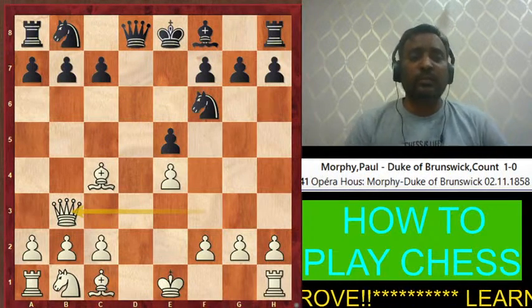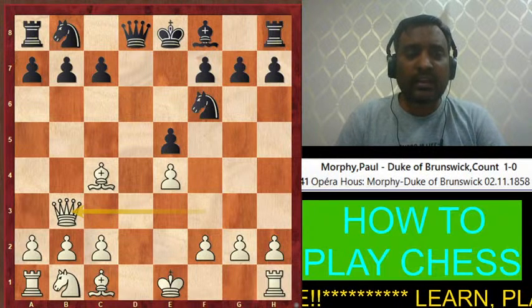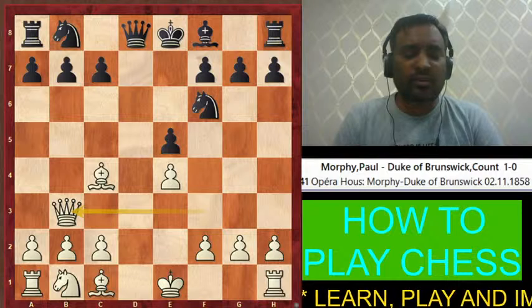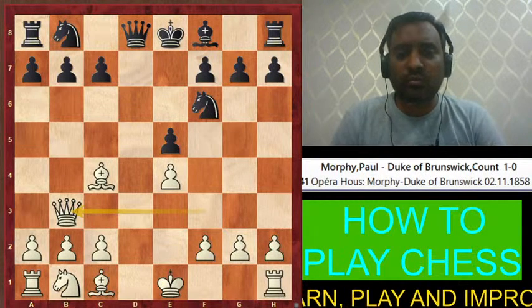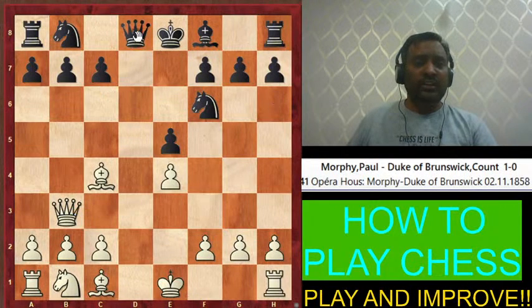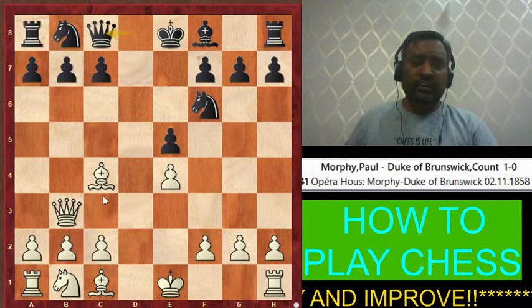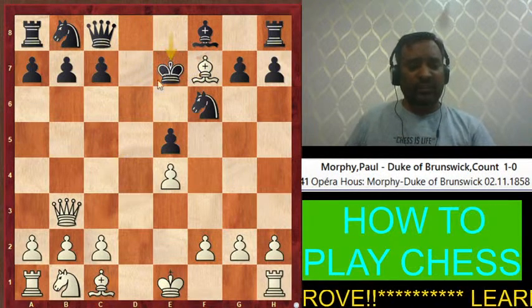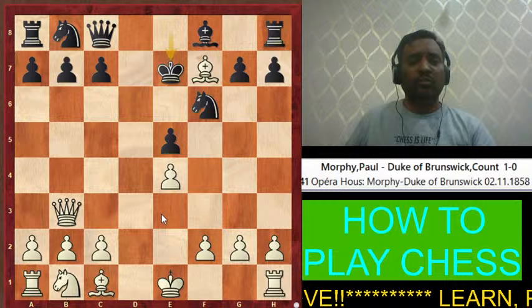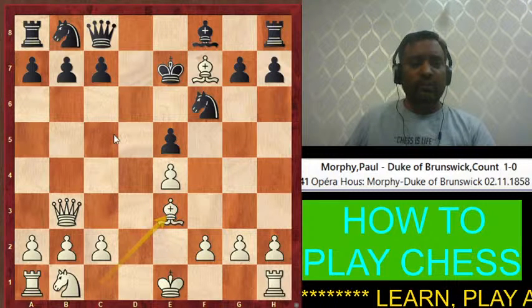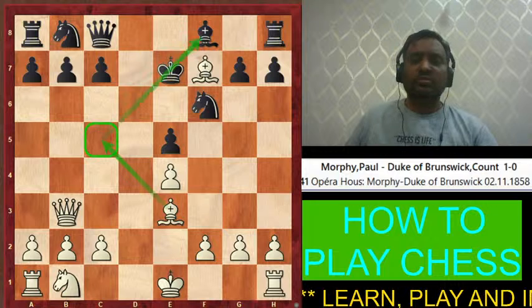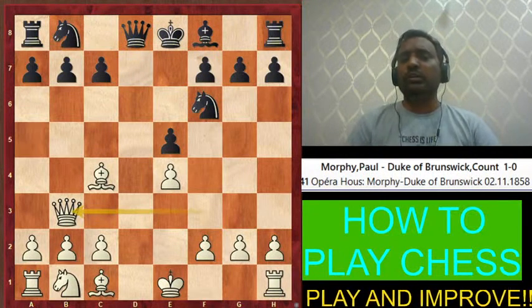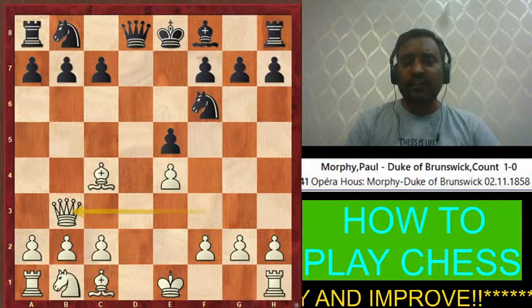So therefore the black people are worried about what they can do now. Okay, now they need to worry, otherwise whatever they play they are going to lose. You know what, if they try to save this, still there is a big problem. This check is going to come, and after this white is going to play bishop to e3, followed by even this check is going to happen. So therefore they were worried, and it is impossible to save both the pawns. They could not save both pawns.